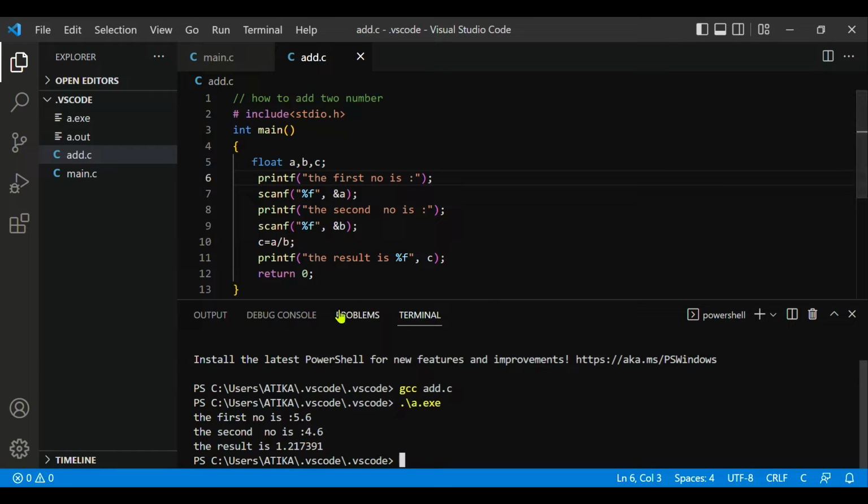So whenever we try to divide any number where a decimal is included, we will give a float value. And suppose you want to divide or multiply any number where a decimal is not involved, then you can write int. But it is better to use float to get an exact value. Whenever we use float, we will get the exact value of any number. Suppose here you want to introduce another variable. Okay, you want to add three numbers, so we will